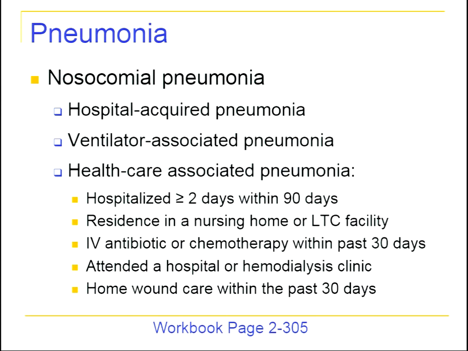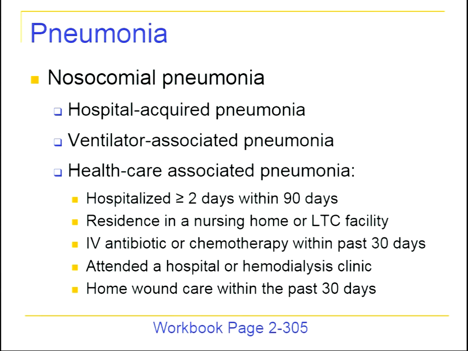So this is a nosocomial pneumonia, and there's 3 types of nosocomial pneumonia. Hospital-acquired pneumonia, those are patients who have pneumonia after 2 days of being in the hospital. So in the first 2 days in the hospital, it's still considered community-acquired. You probably came in with it. After 2 days, hospital-acquired. Ventilator-associated pneumonia, which is, again, pneumonia in a patient who is ventilated. And finally, healthcare-associated pneumonia. And these patients, even if they are in their first few minutes in the hospital and you notice that they have pneumonia, they are at risk of multi-drug-resistant organisms and need to